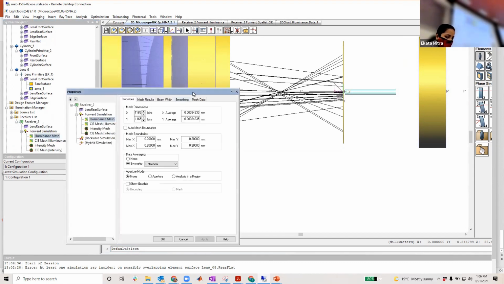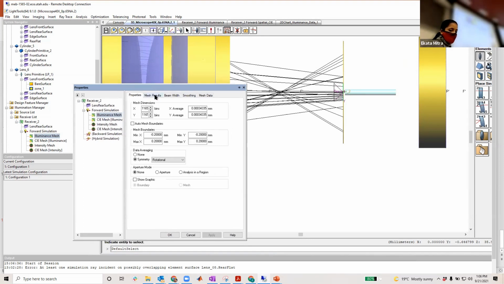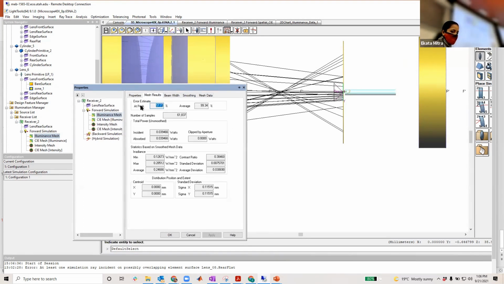And if we are going to see the properties, like the surface you are going to trace, you can see the mesh result and you can see a term called error estimate. So this error estimate basically gives you the output of the formula I talked about just before.